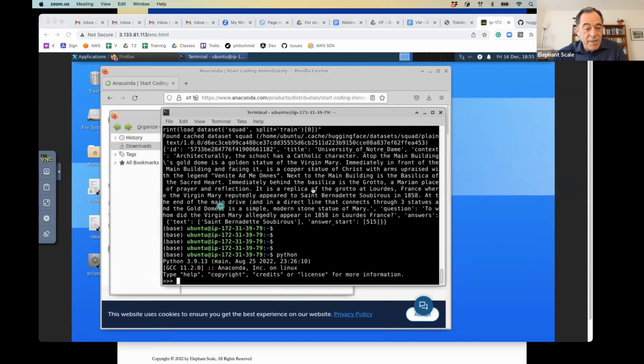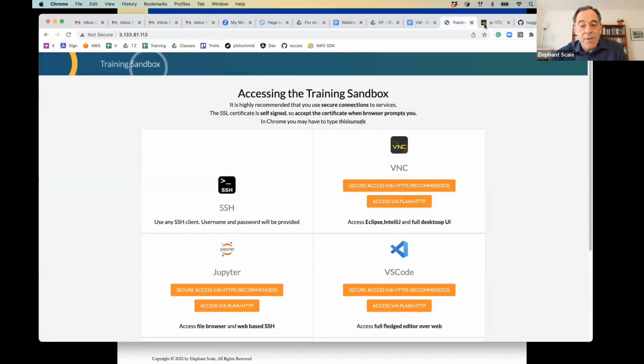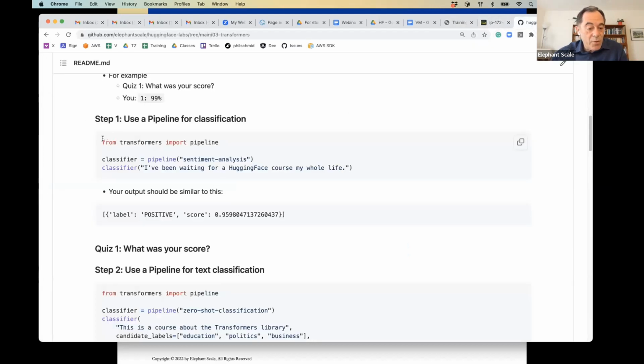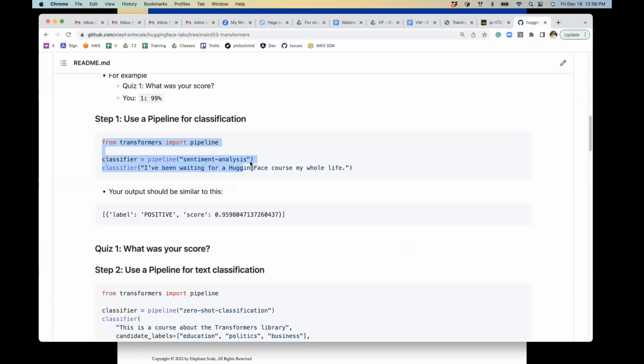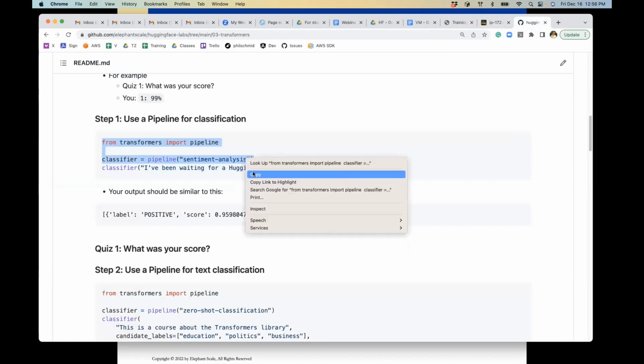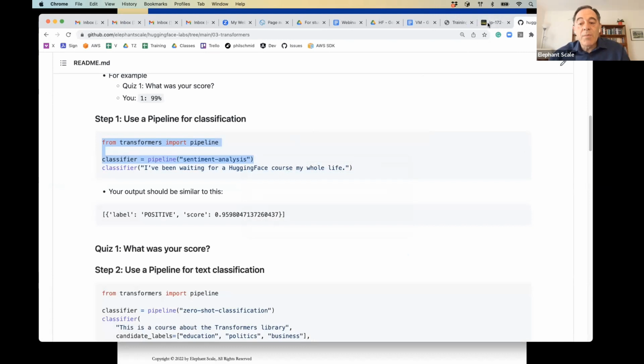Well, first I need to do the lab, and I need to do the first two lines. Yep, right here. Here's what would be interesting. What if we said, my whole life I've been waiting for a Hugging Face course? Kind of like reverse it. Okay, I'm copying this and I'm putting it here.